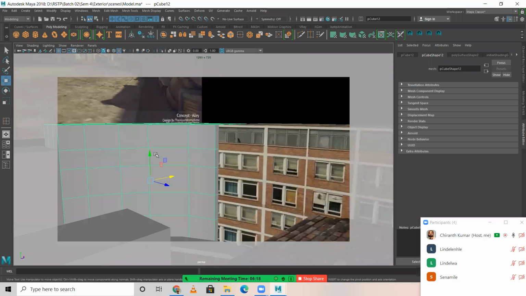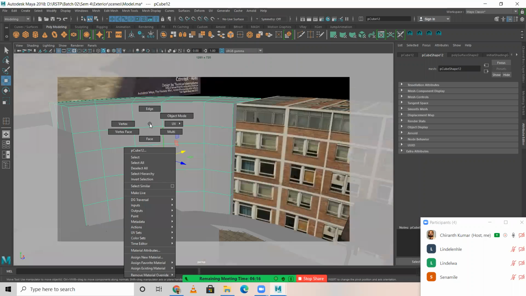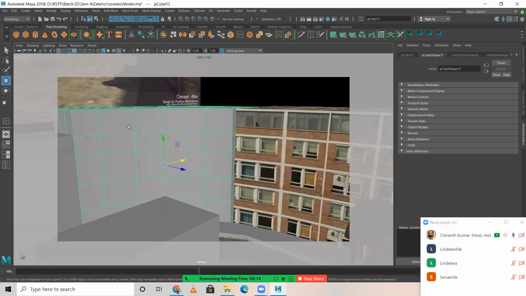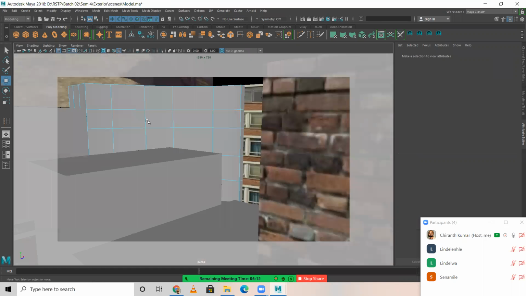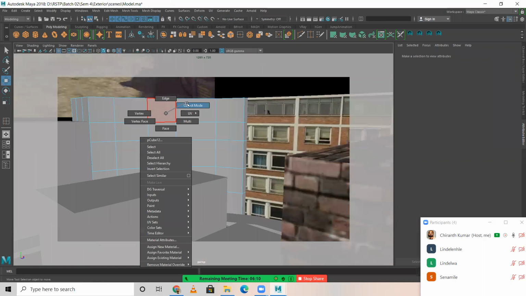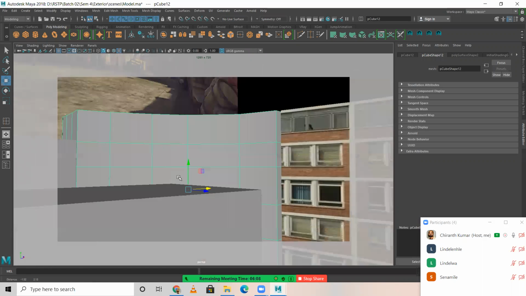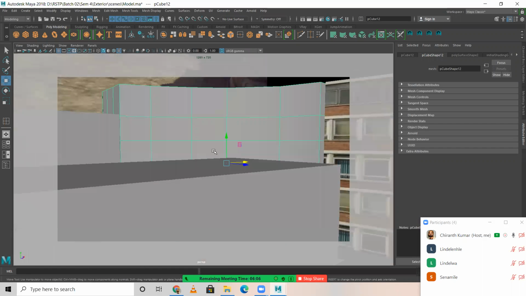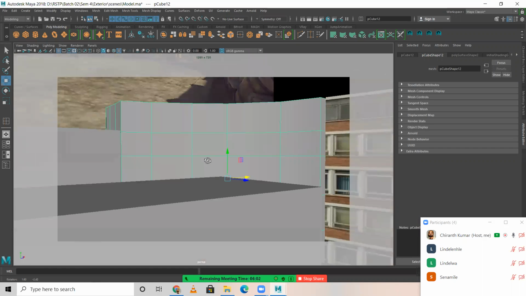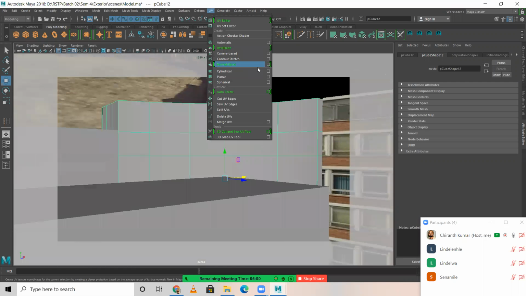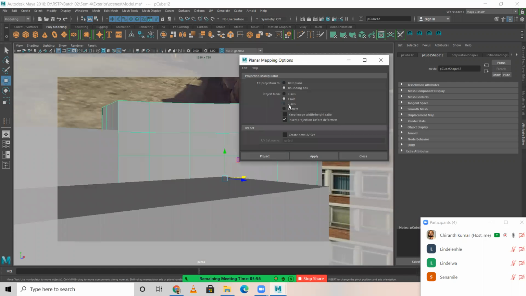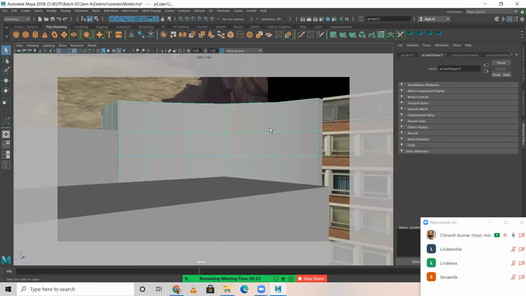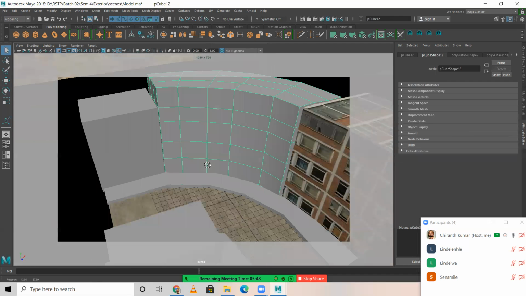So here what I do, let me unwrap this particular area. Okay, let me do one thing. I'm looking at this model in this way, from a perspective camera, right? That's okay. So now I'll go to UV. I'm going to unwrap this using planar, go to option box, camera. Click on the button camera and project. So now through the camera, we have unwrapped this. Okay, not on any of the axis.